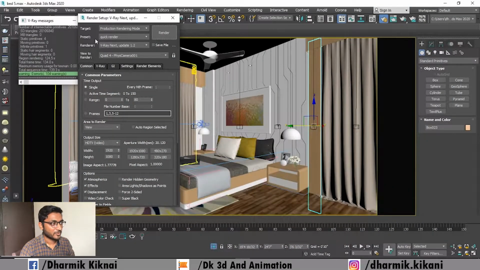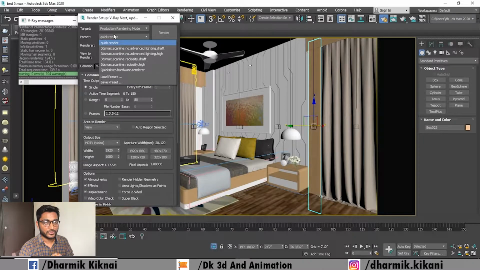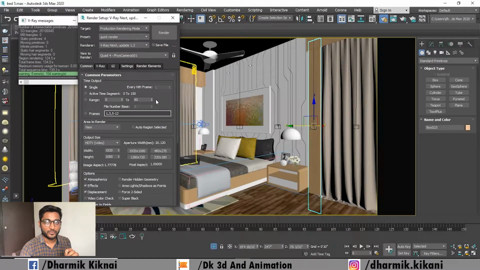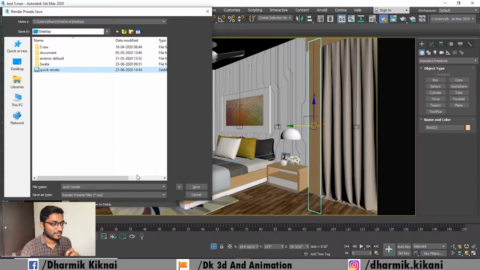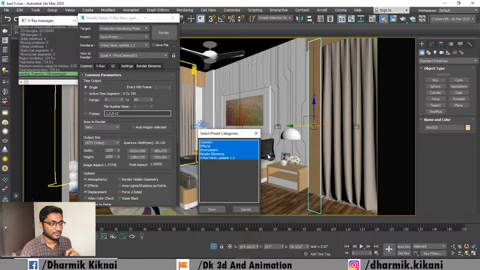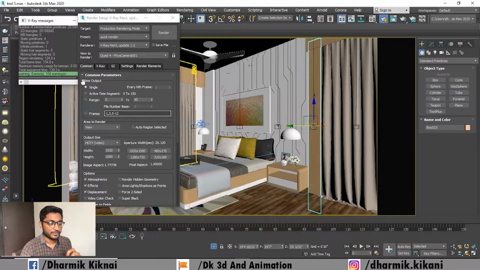So now start from preset. It is important for your interior and also exterior work. So you need to simply set up your VRay setting one time. Then you can save here, go to save and load. If you already have a preset for interior and exterior files, you can go to preset and simply load here. I saved it as quick render, so I click here and I get the actual render setup which I already did.